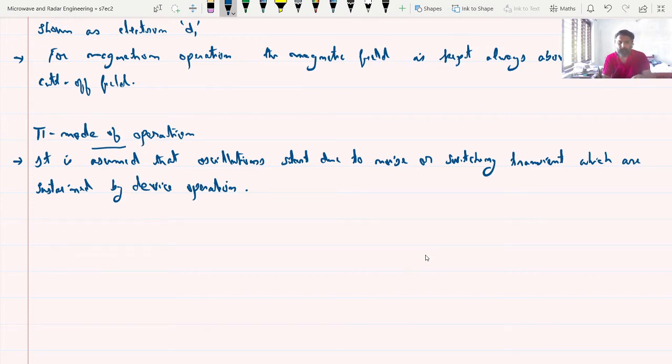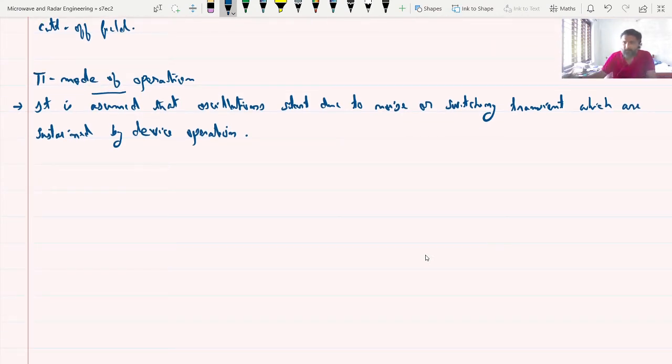Okay, so the pi mode and all those things, you can understand how it works. I will write that one. That is, in the pi mode of operation, the polarities of the anode poles will change accordingly with the frequency of oscillation sustained by the device. In the absence of such oscillation, there will be reference electrons A and B, which I will show you in the figure afterwards, and then you will be able to understand that one.